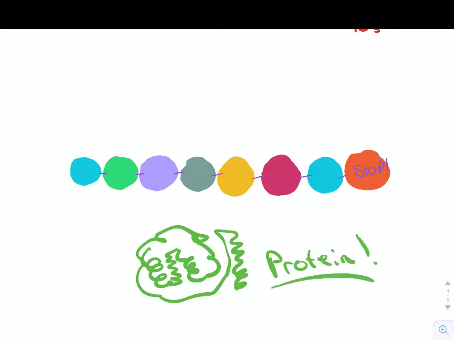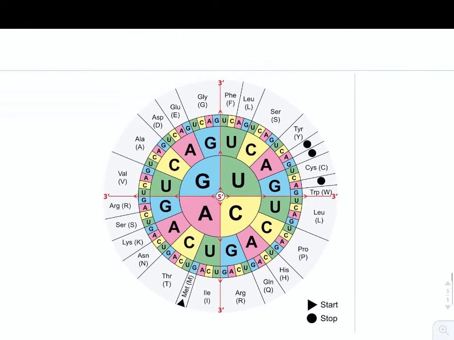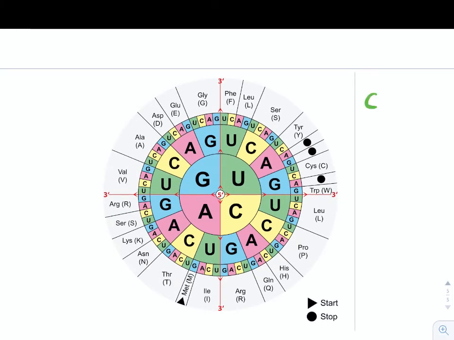Okay. Now, how do you know which amino acids are going to pair with which codons? We use this tool that's known as a codon wheel. There are codon tables, there are codon wheels. I got this one from Wikicommons. And what you do is you essentially read from the inside, from the 5' end of the molecule, out to the outside. We said that our first codon was AUG,